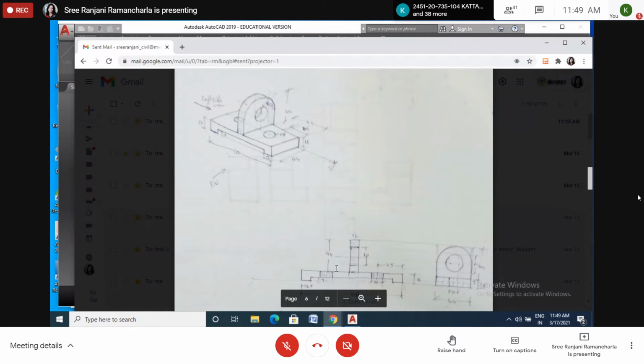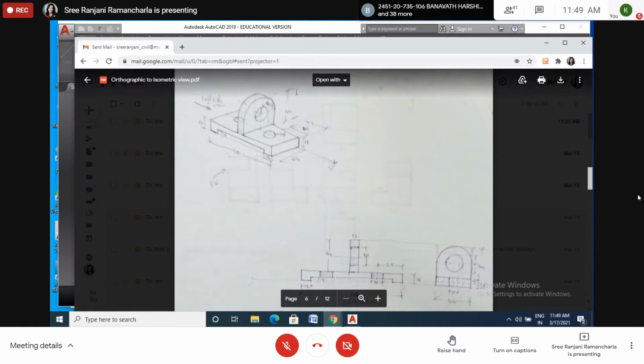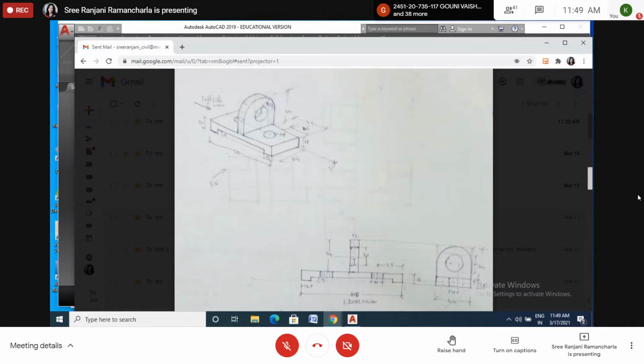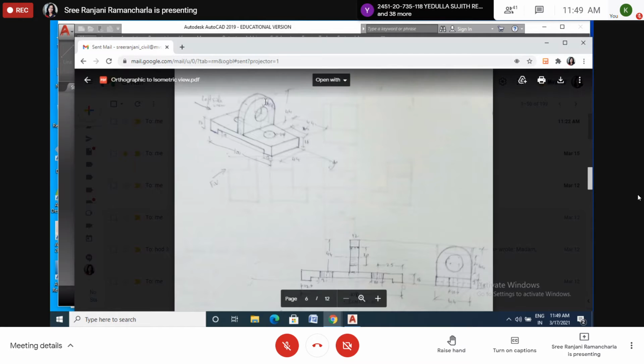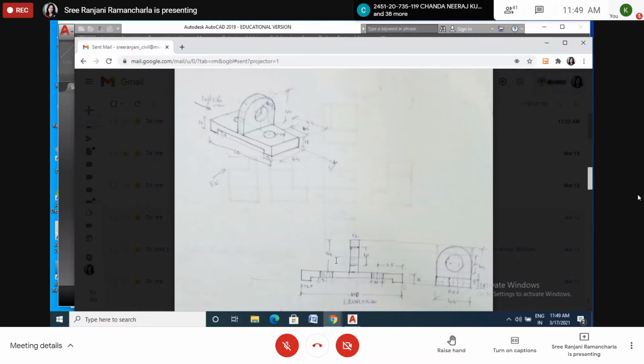Now, what is this height? 44. This height is 44. See here, shown here 44. Draw 44. And how much is the center from here? Somewhere it will be given, or you can take a center, or from here you can take. What is the dia? The diameter is 20d. Here it's not shown clearly. Please correct it. This is 20d. Then draw 20d from the center. Draw 20d from the center. See here, diameter I drew here 20.